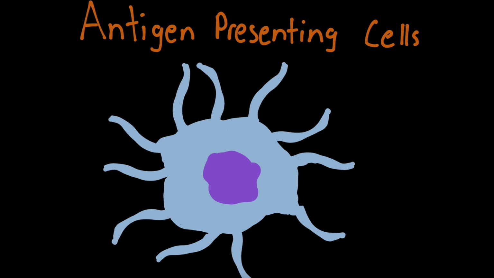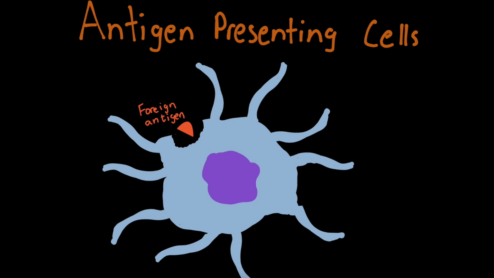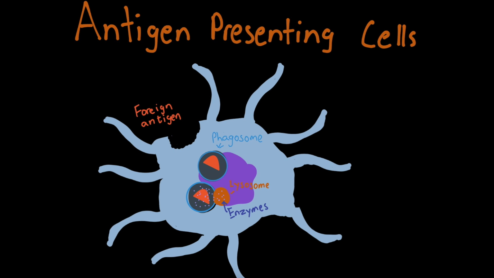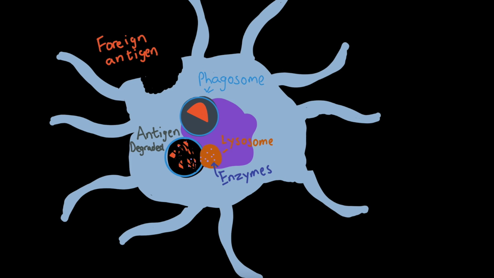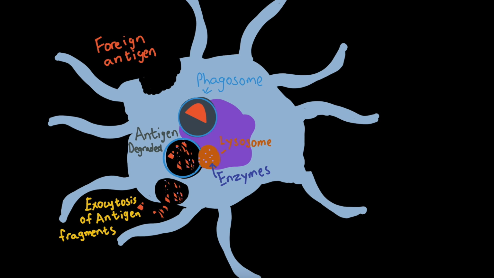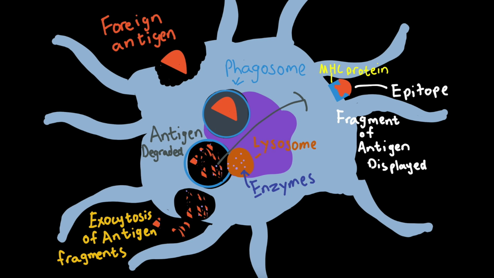The last cell we will discuss is known as the antigen presenting cell. Now, throughout this series, we have discussed the antigen presenting cell from a definition standpoint. Let's discuss how the antigen presenting cells function in providing antigen. That starts by phagocytosis of a foreign antigen, in which the antigen will be degraded in the cell. The antigen residue will then be released through exocytosis, with some fragments of the antigen that has been degraded by enzymes being displayed on the cell surface through the MHC proteins. These fragments are known as epitopes, and this is the part of the antigen our T cells will bind to